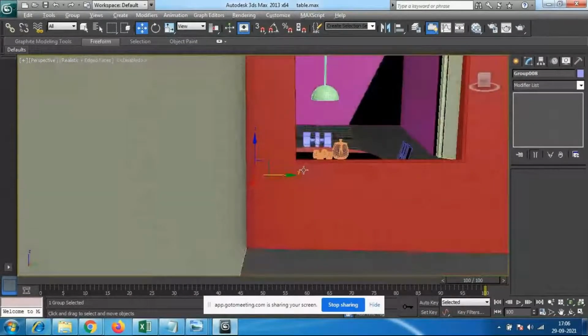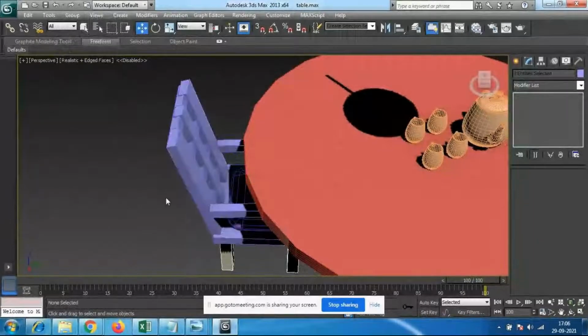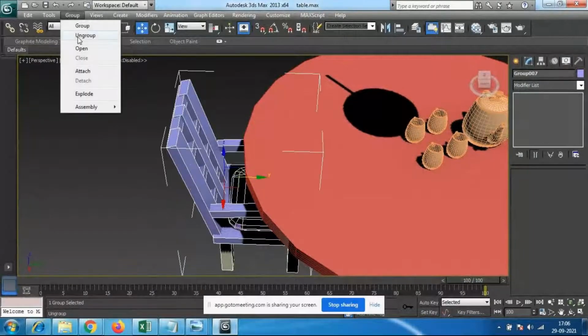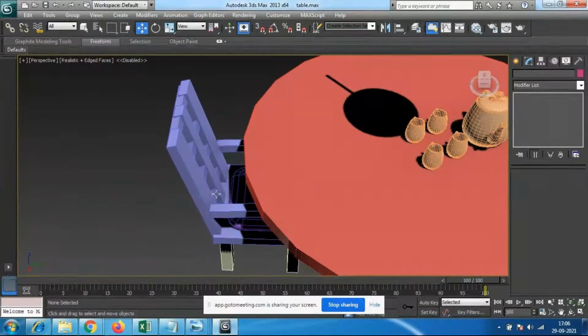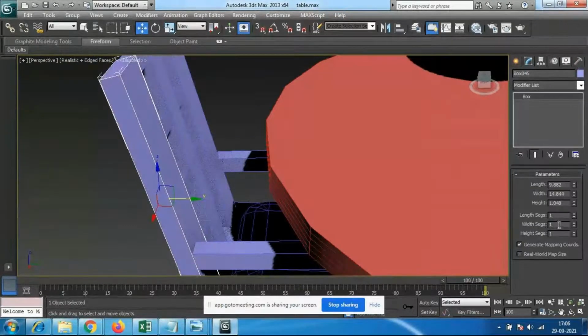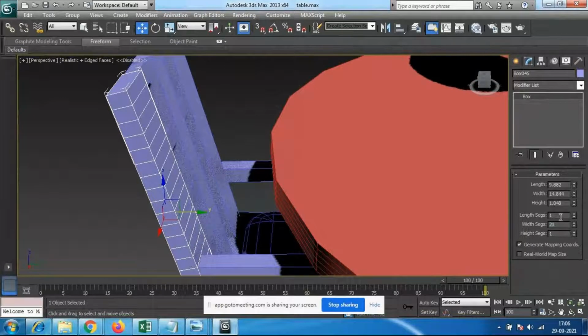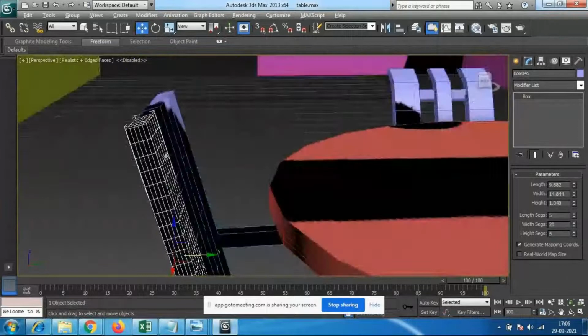So I'll just go to the group and ungroup option. Still it is not separated, so once again ungroup it. Look at here. Before doing this, I'll select this one. Width segments is around 10 that I'm giving here, but if you want some more, I'll give 20. So 20 segments I have added here, and the length segments again I'll add some more, and for the side segments also I will add more. Suppose you want some more bend options, then I'll go to